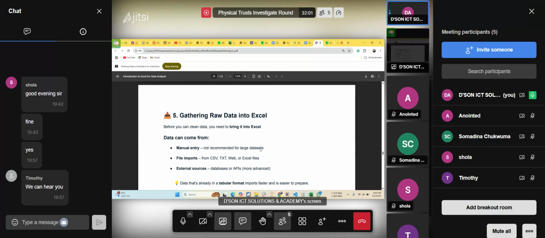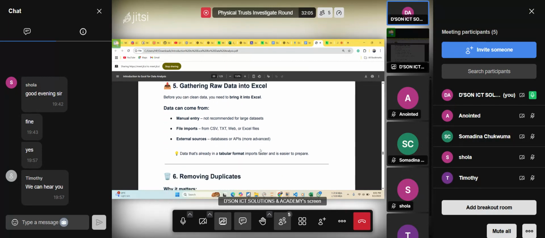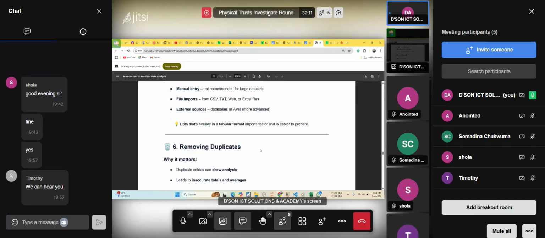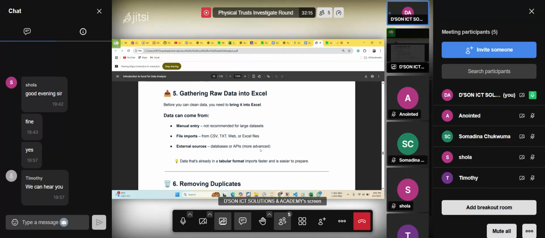So now we want to quickly look at one of the exercises. Okay, we're not there yet, sorry. So now, what we're gathering is raw data. Now, gathering raw data can be, excuse me please, let me just respond to